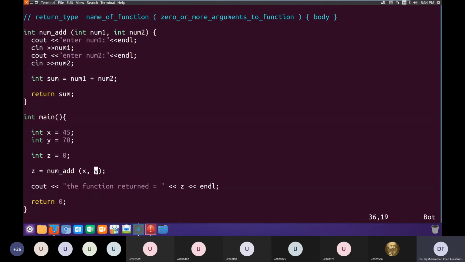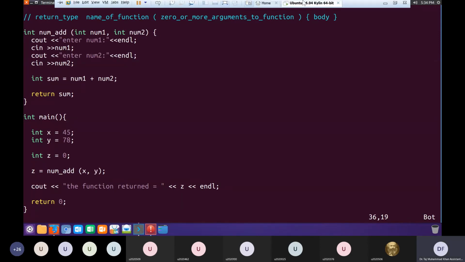Okay, so the values of x and y are passed to the function. They're assigned to num1 and num2, but then we overwrite them because inside the function we are reassigning the values of num1 and num2. Is it clear?